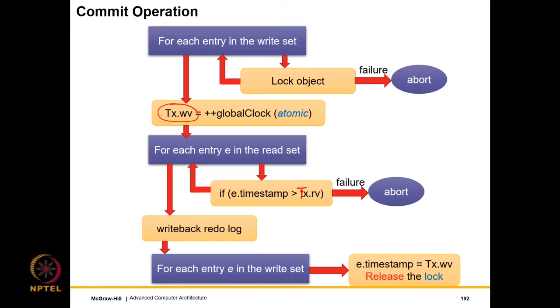So the commit operation, at least in principle, conceptually looks the same as the Bartok STM. But of course, in this case, we have a redo log. And the locking is for a much shorter duration. In the sense, we lock over here, we release over here. And of course, before we lock, in that case, we are incrementing the version. In this case, we increment the timestamp. And for reading, we just verify that there is no read-write conflict.